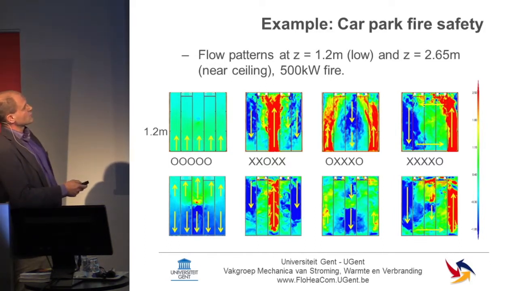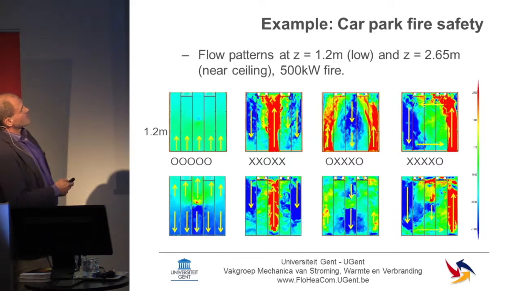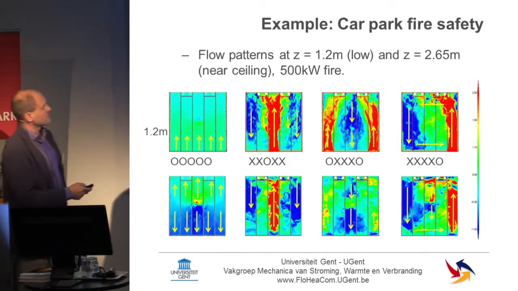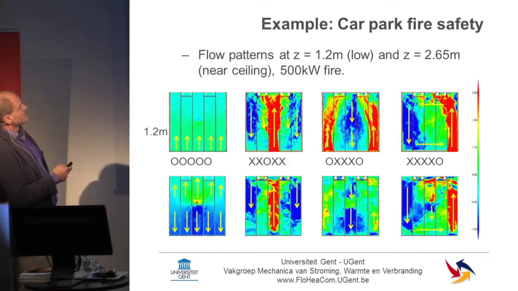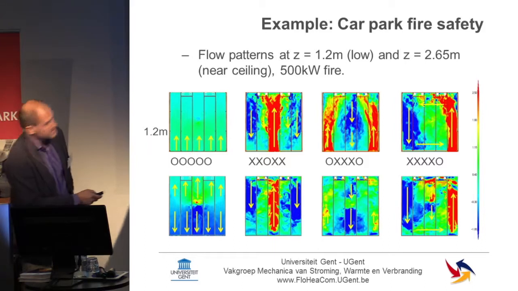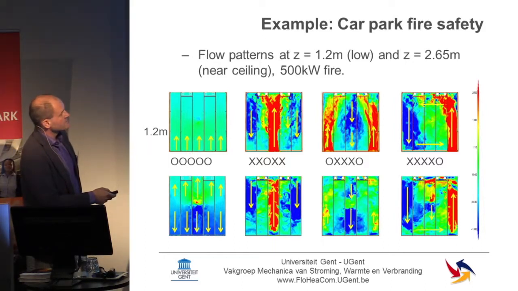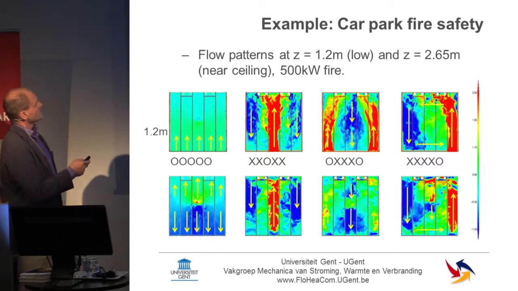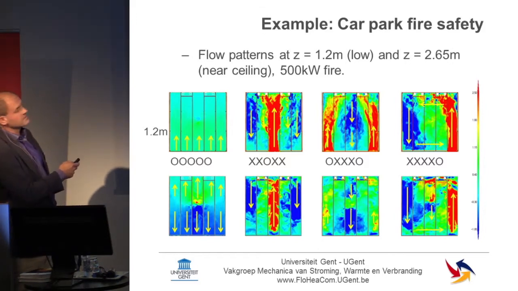flavor of what we did, here for the CFD calculation for all these configurations, you have O's are open and X's is closed, and this is partially open and partially closed, and these are two other configurations that we used. On the graph you see the speeds. If everything is open for the same extraction, you see that the speed is rather low, and you see the scale here on the right-hand side. 0 is somewhere over here. In the light blue, light green area, you see low speed, and the yellow arrows are pointing upwards.